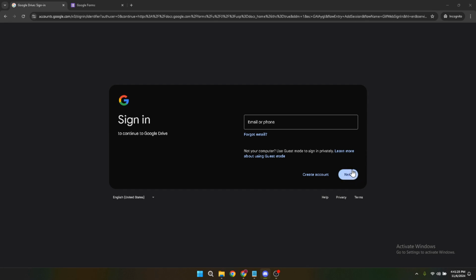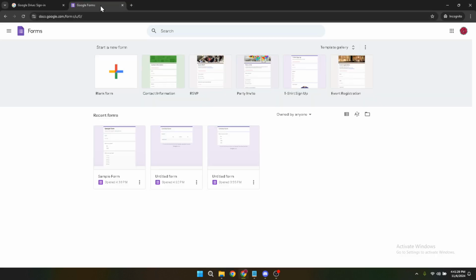Now this is where it gets interesting. Once you're signed into Google Forms, you might be wondering, where are all the forms I've worked so hard on? Well, Google Forms has made it incredibly easy to find them. Right there on the main page, look for a section titled Recent Forms. This section is a goldmine. It displays the forms you've recently worked on, making it super simple to pick up right where you left off